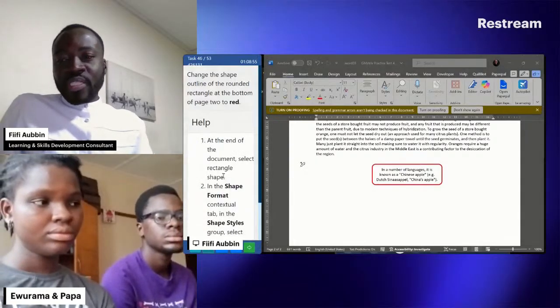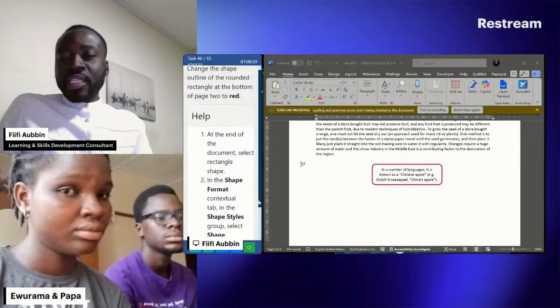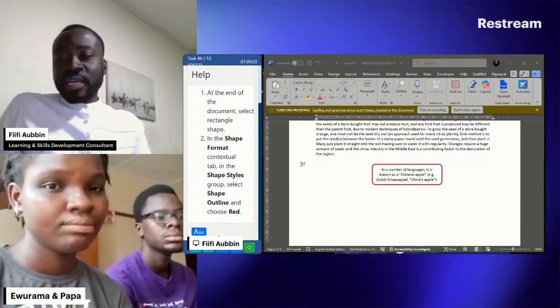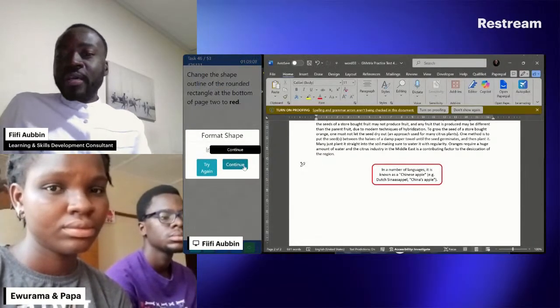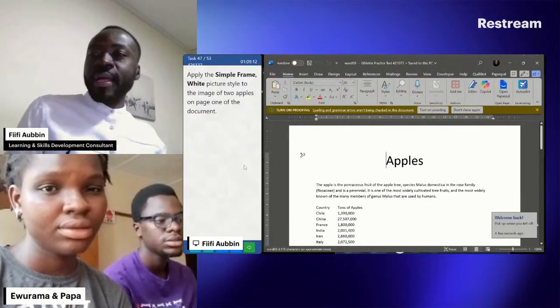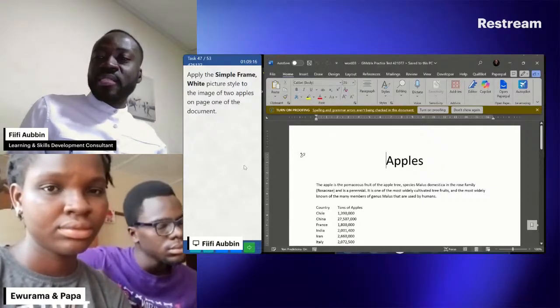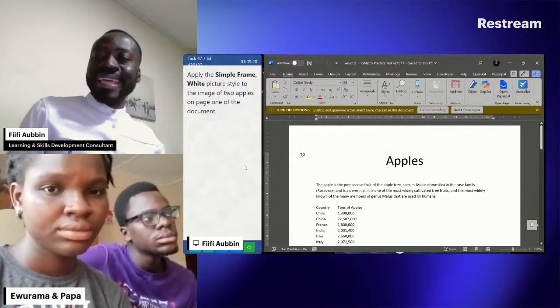So at the end of the document, select rectangle shape in the shape format contextual tab. In the shape styles group, select shape outline and choose red. And that's what we've done, exactly that. But they're marking us down. I don't know why, but at least we followed due process. So the next on the list is apply the simple frame white picture style to the image of